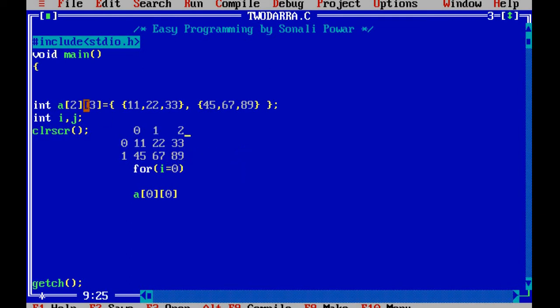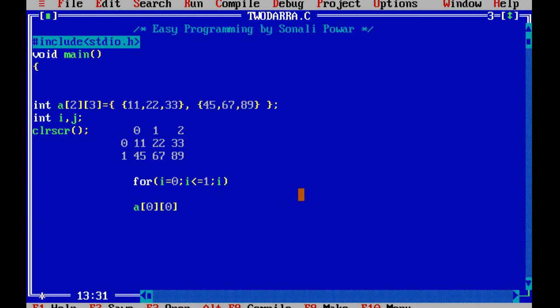So in this case, the column is going to start from 0 and end at 2, and the row is going to start from 0 and end at 1. So according to that you have to give the values for the variable i. So I will say i is equal to 0, i less than or equal to 1. It means it is going to start from 0 and end at only 1. So this is the end value of my variable i.